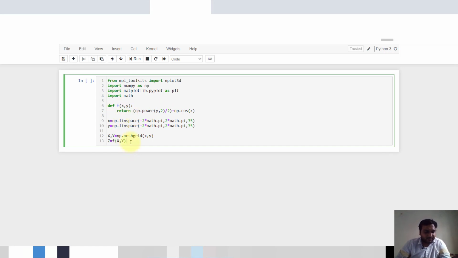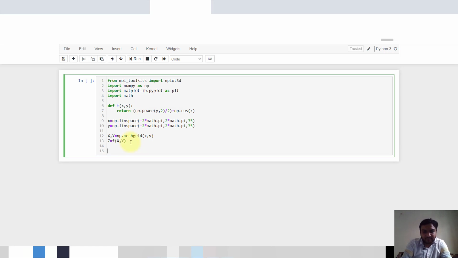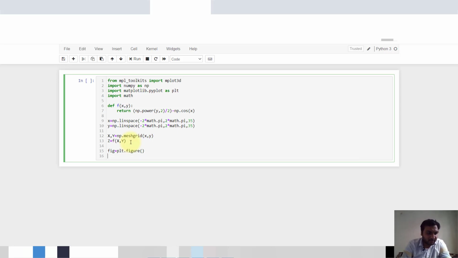Now we will create one figure command. Figure is equal to plt.figure. It will create our figure. Now we'll define our projection as 3D. So ax is equal to plt.axes, and we'll define projection is equal to 3D.